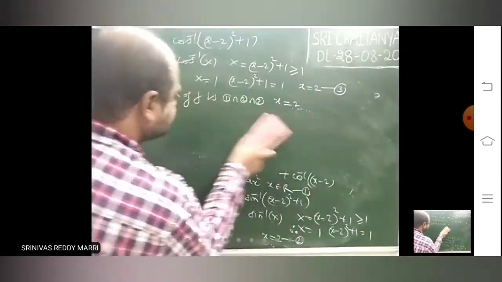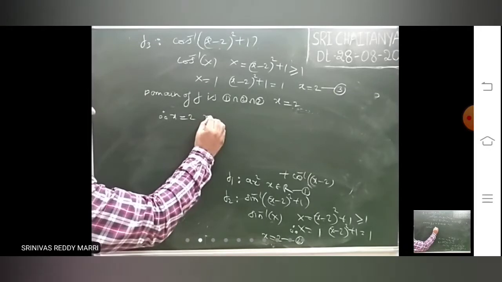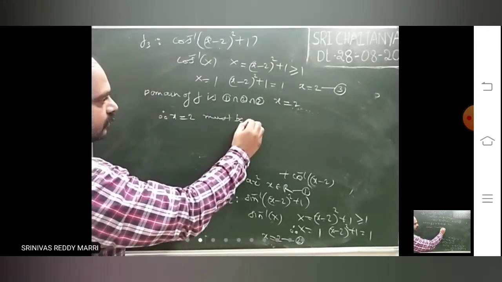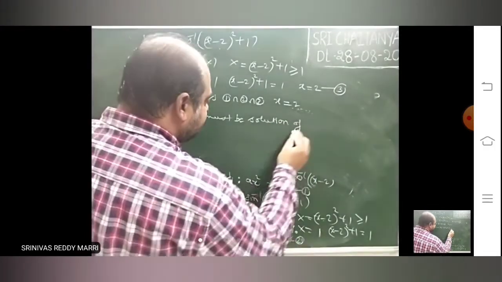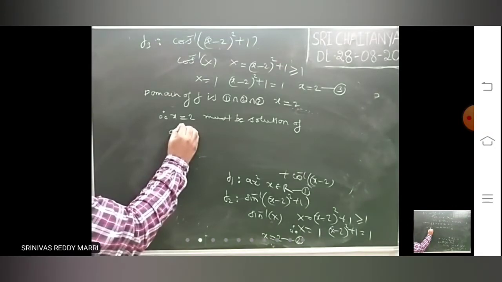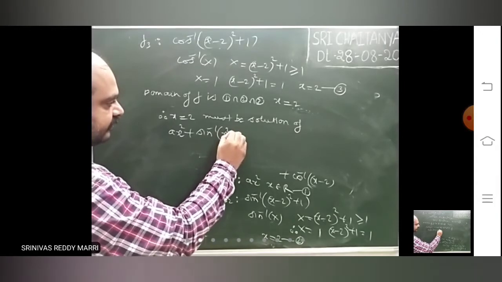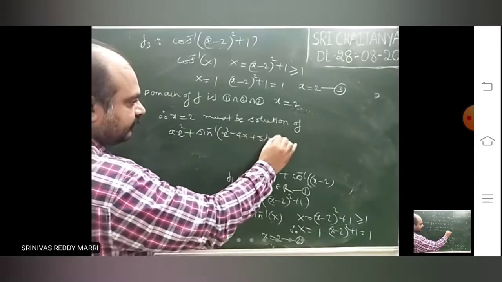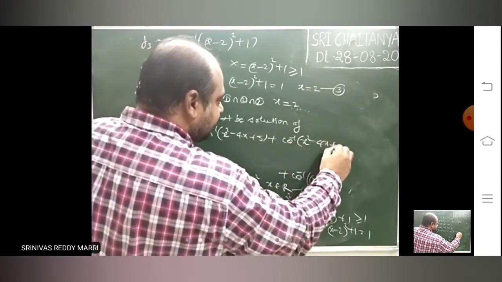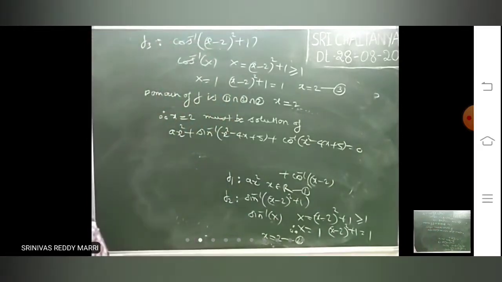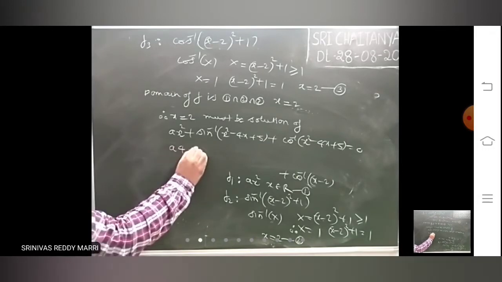Therefore, x equal to 2 must be the solution of the given equation ax square plus sine inverse of x square minus 4x plus 5 plus cos inverse of x square minus 4x plus 5 equal to 0. Substitute 2: a into 4 plus